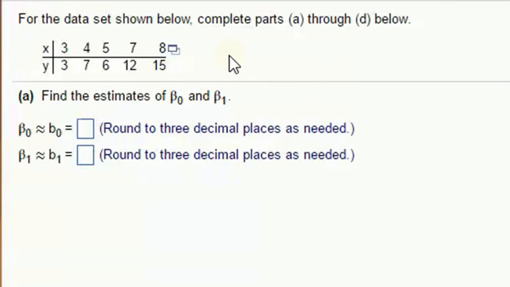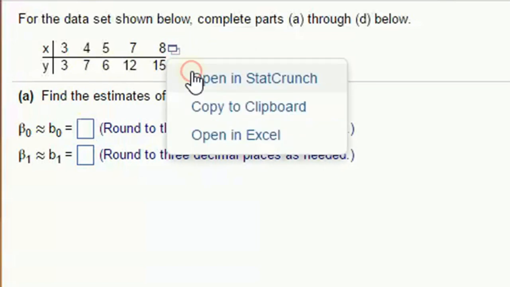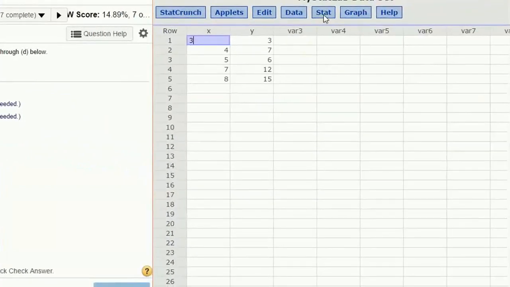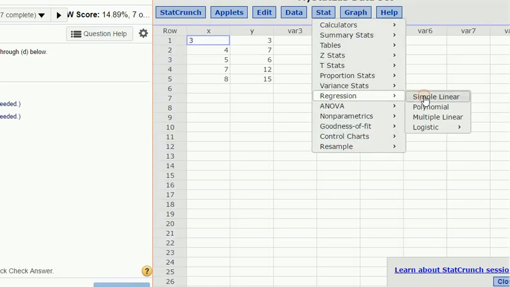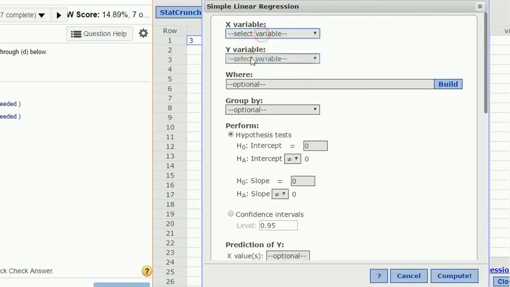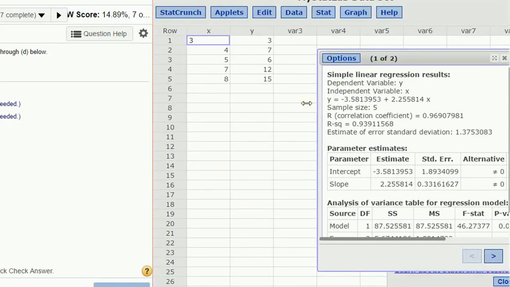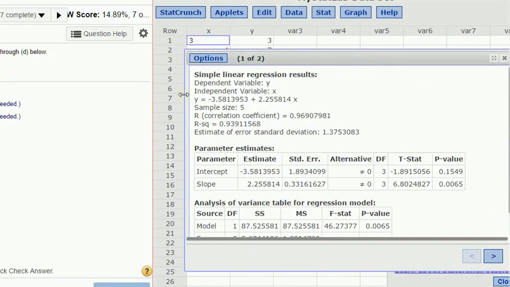We have a data set here, x variables and y variables paired together. I'm going to open this data in StatCrunch. We're going to do a little bit of analysis in there. All right. So as we've done many times before, we're going to do a simple linear regression, since we only have x and y, and just click compute. Now, we're going to look at this in a slightly different way. We're not going to just look at the output at the top,